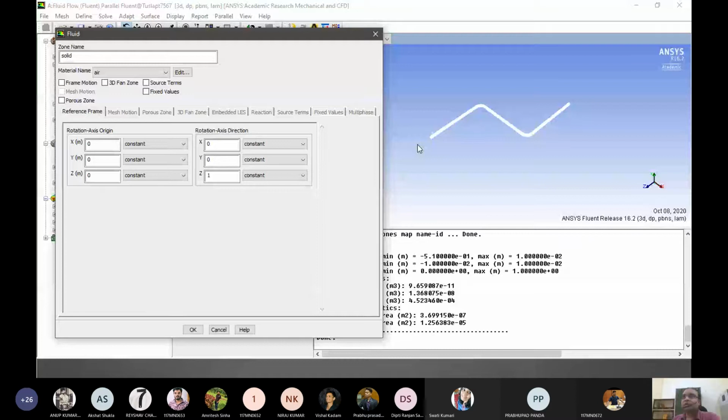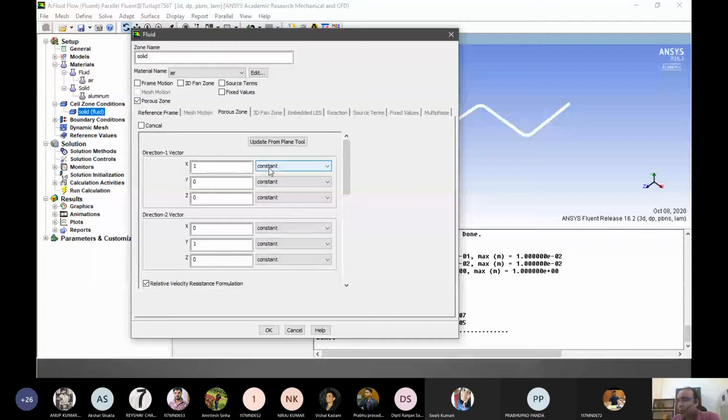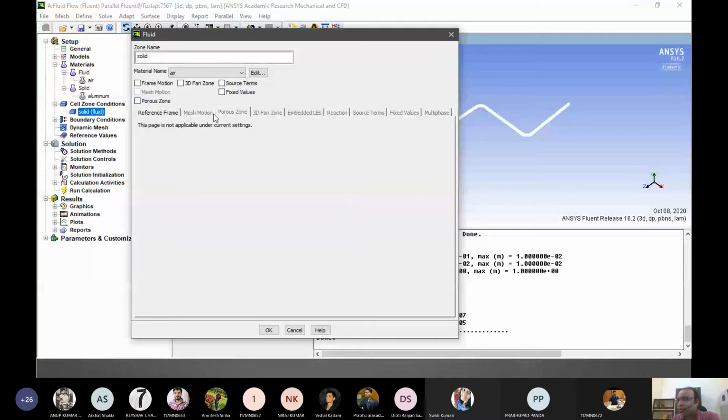That also can be done here. We just click the porous zone and we can give the porosity properties here: in what direction the permeability is, how much porosity is there, and so on. There are other areas as well where we can give properties. For now, we are just focusing on our material as air, and let's click OK.